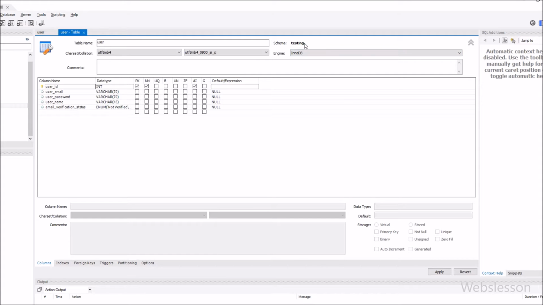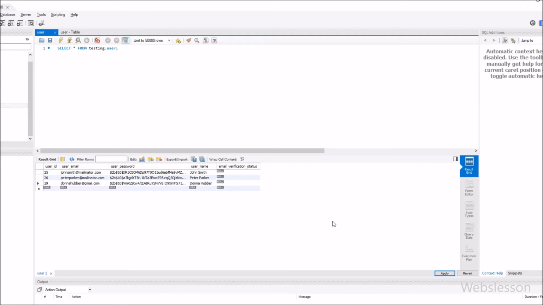So this is our testing database, and under this, we have one user table with table columns like user ID, user email, user password, user name, and email verification status. Under this tutorial, we will store the user password in hashed string format. And under this tutorial, we will use a JWT token to validate whether the user is logged in or not when we build the login page. But in this video tutorial, when the user registers, then the user registration data will be stored under